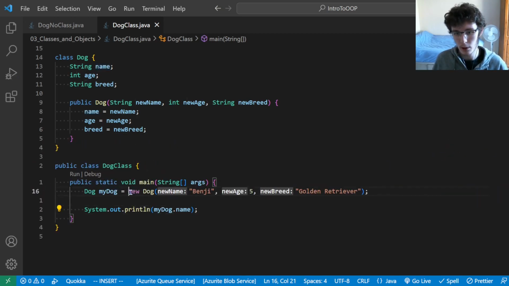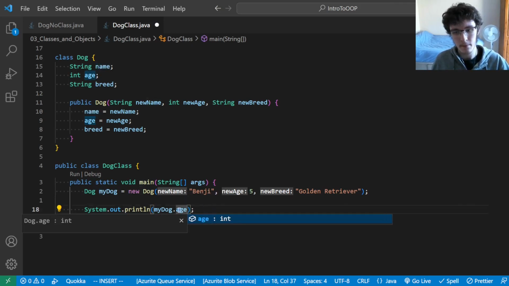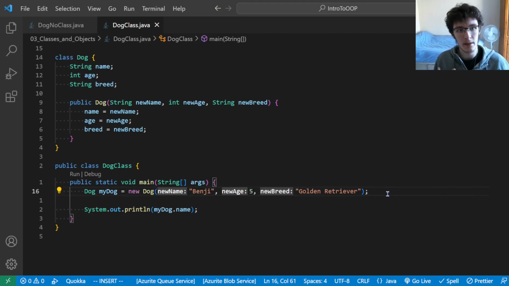So we create a new dog using this function. This function takes the parameter values, the values that we pass into the function, and it stores them to these three variables at the top here. And then it kind of binds them all together so that we can use mydog.name, mydog.age, or mydog.breed. And what's really good about classes is that if we want to add another dog, we can